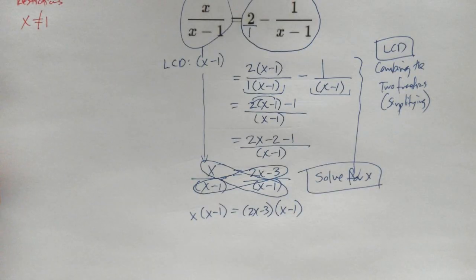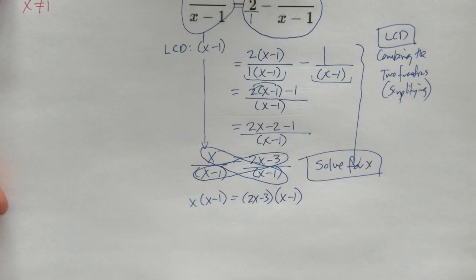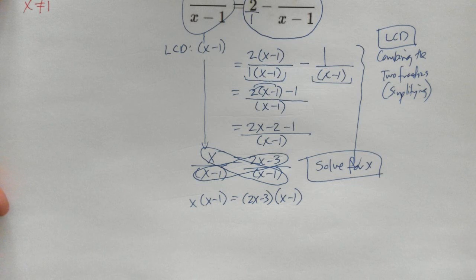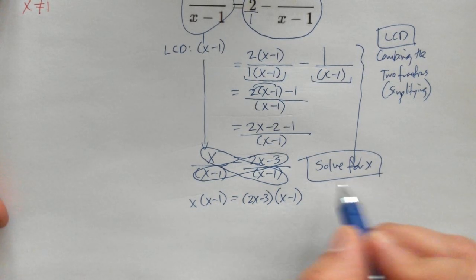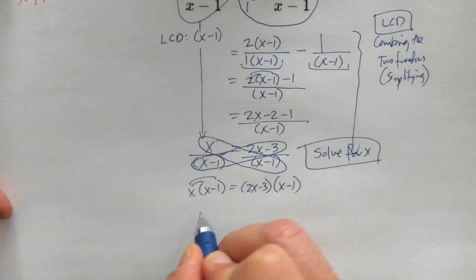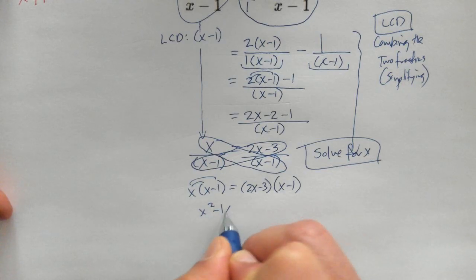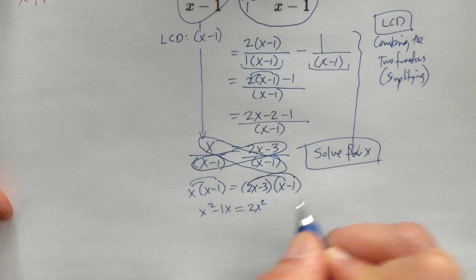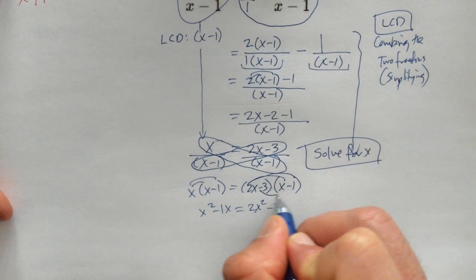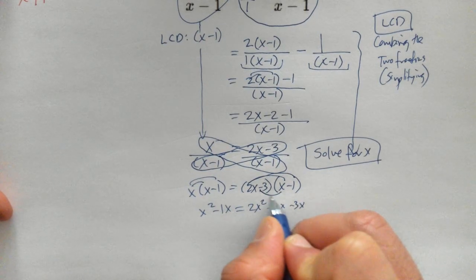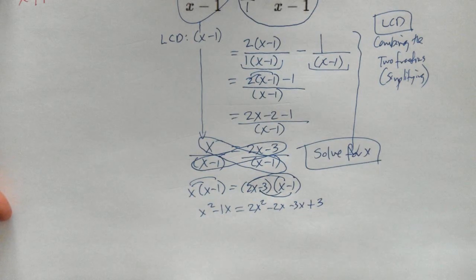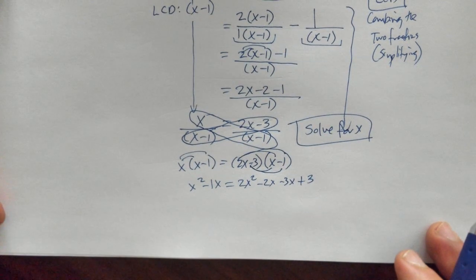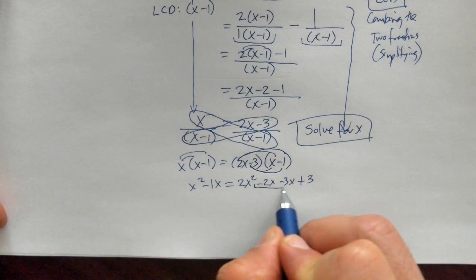All right. Here, I'm going to distribute, FOIL method, all this stuff, right? My goal is to solve for x. So as I distribute, I can now get rid of parentheses. This gives me 2x squared minus 2x minus 3x plus 3. Negative times a negative is a positive. All right. I can combine like terms. This turns into